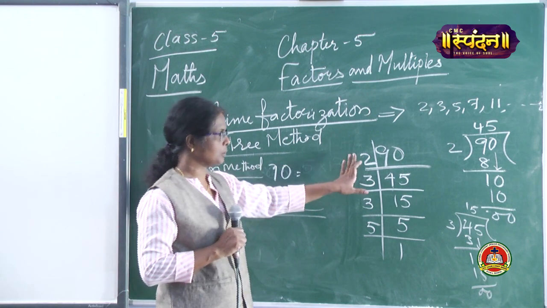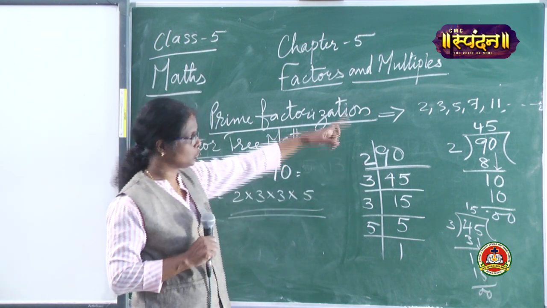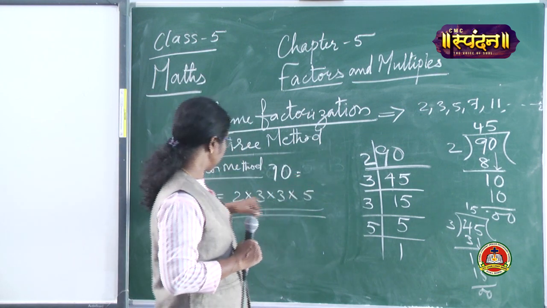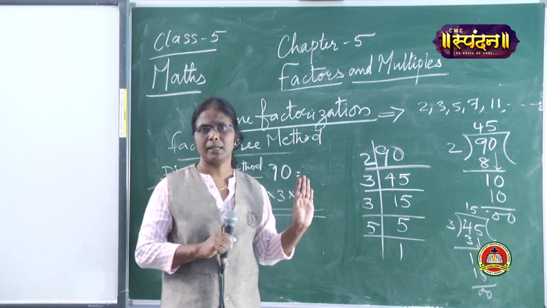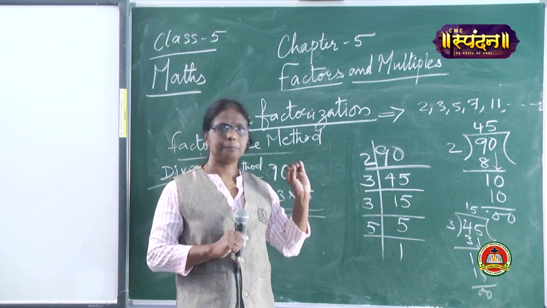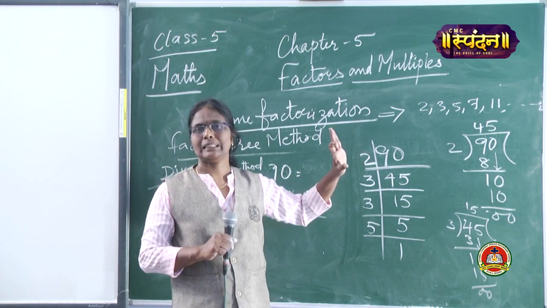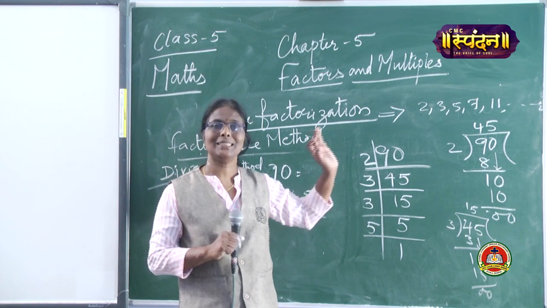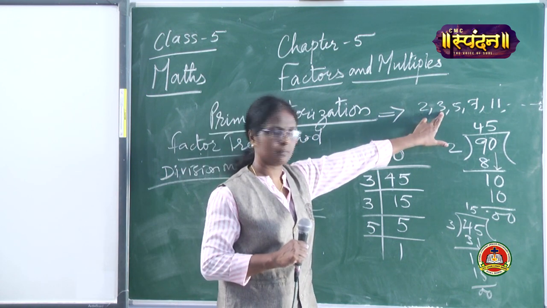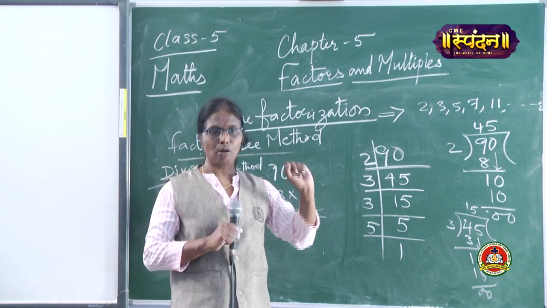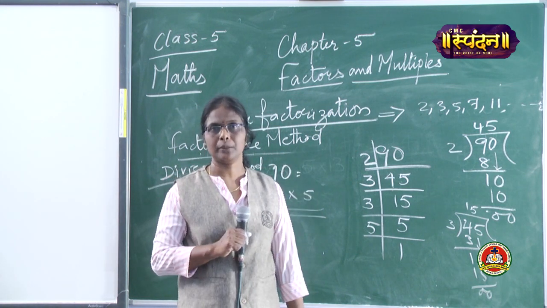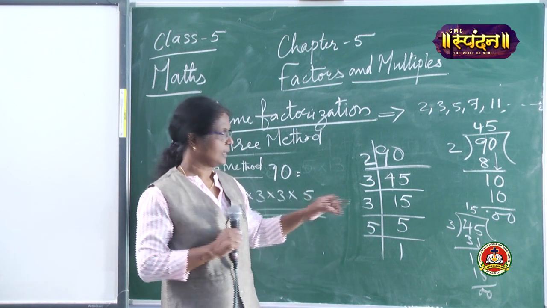Here we start with the prime number. The first prime number is 2, but if it is not divisible, like in many examples I have shown you, if it is an odd number, it will not be divisible by 2. So go for the next number. If it is not divisible by 2, see the next prime number, which is 3. For 3, there is a divisibility rule also, which you will be studying in the next session. For 3, it is easy to check.